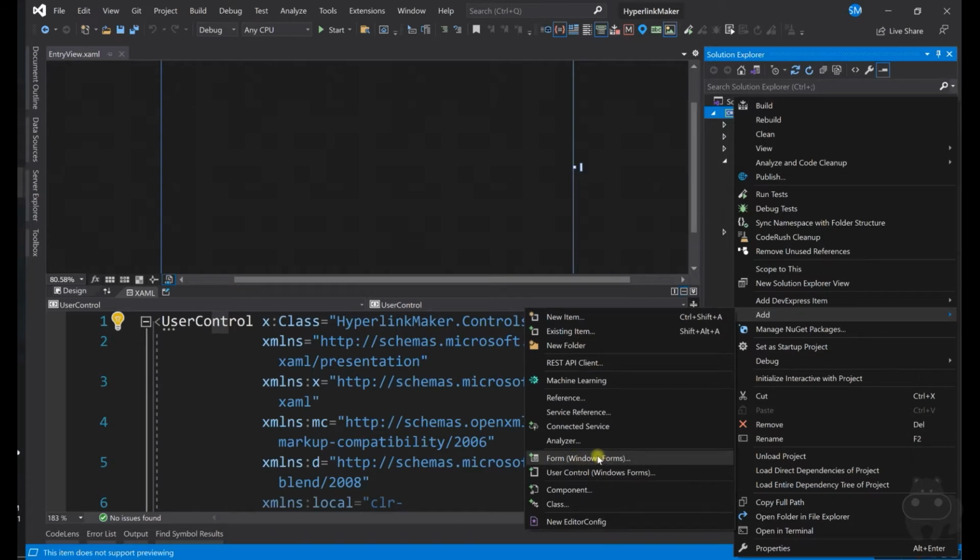In case of WPF, instead of form, you will see something called a Window. Whether it is a form or a window, these are kind of dialogs which can be directly shown to the user, like dot ShowDialog or dot Show. So you can call these methods to display them.